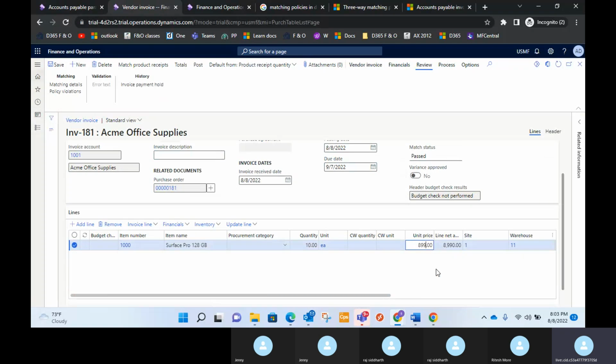Also, I'll try to edit the price here, so that it will be a good example for us. 11,